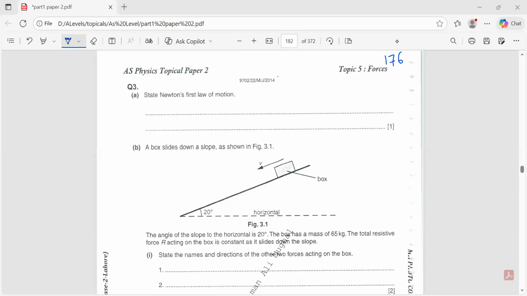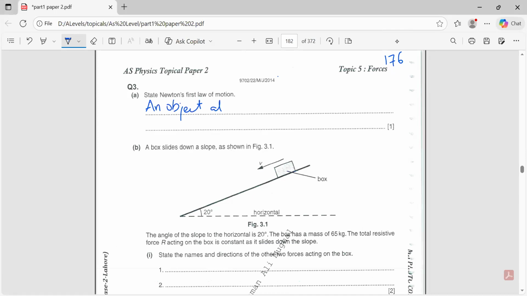And question says, question number three, state the Newton's first law of motion. So quickly, can I have an answer from any of the students, what does the Newton's first law of motion say? An object,